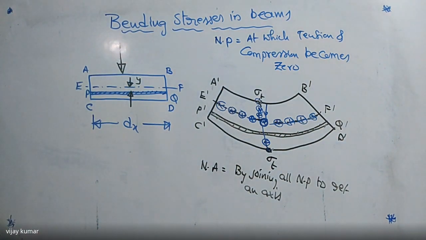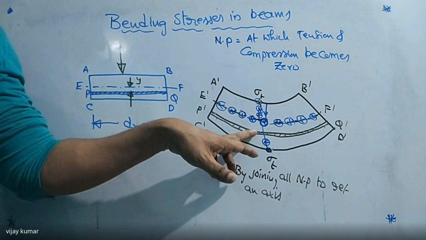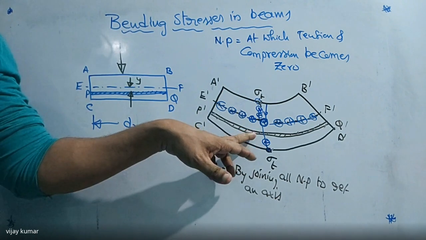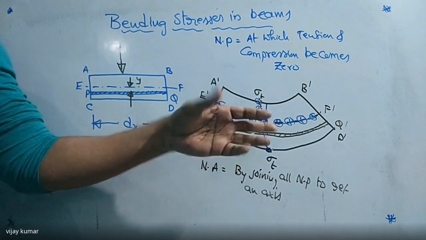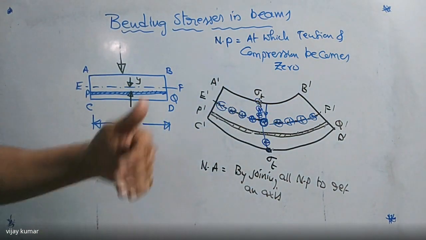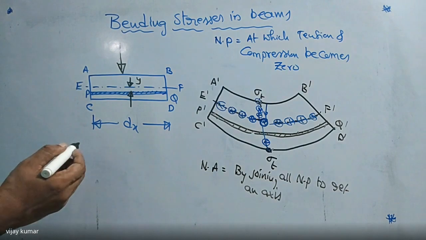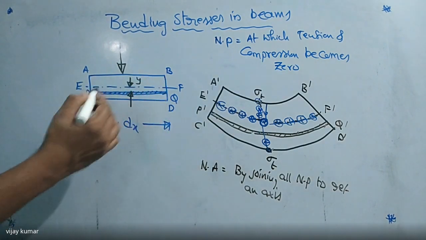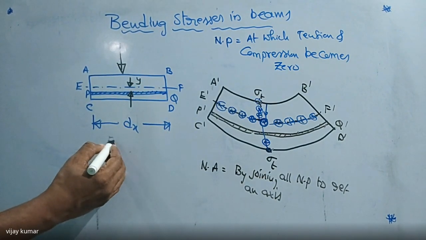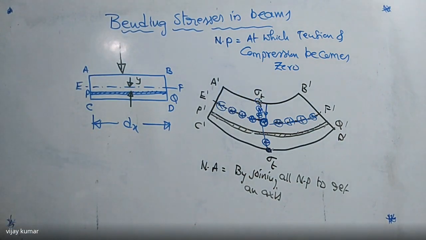Now listen carefully here. If you take this element, it is under strain. So first of all, find the strain value. Strain is always equal to how much? Change in length by original length. Did you get my point or not? So I'm writing here, from this diagram, listen carefully. EF, listen carefully.